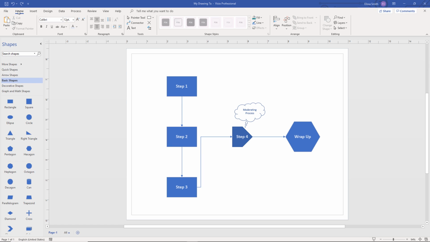To create some groups of shapes, we first of all need to select them. Also, I'm going to be using a button on the Home Ribbon tab. So I have my Home Ribbon tab up, and I'm going to start by selecting the shapes. Now, there are two options. One of them is you can take your left mouse button and left drag around the shapes that you want to have selected. The other option is to actually click on each shape and hold down your Control key as you click on multiple shapes, and you'll see that it will extend the selection around all the shapes